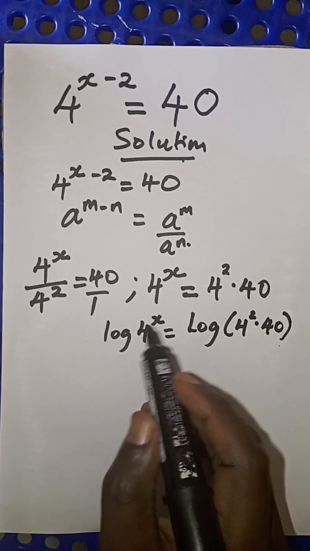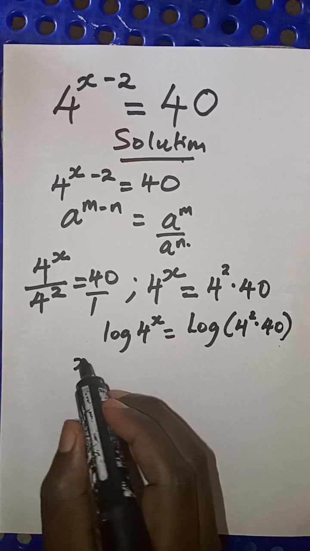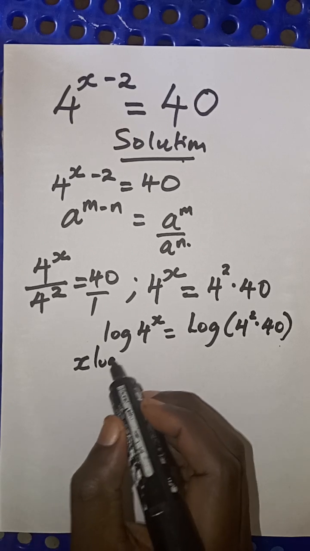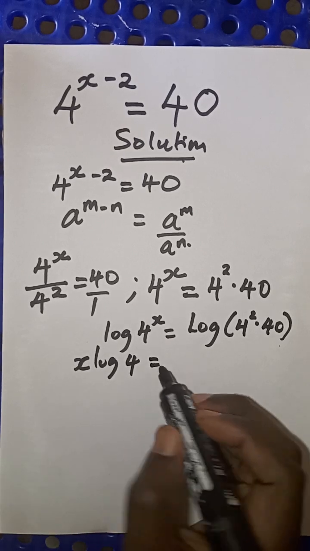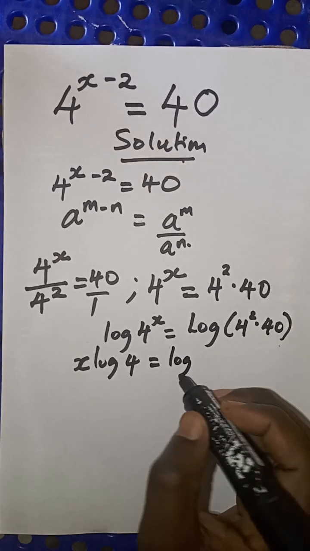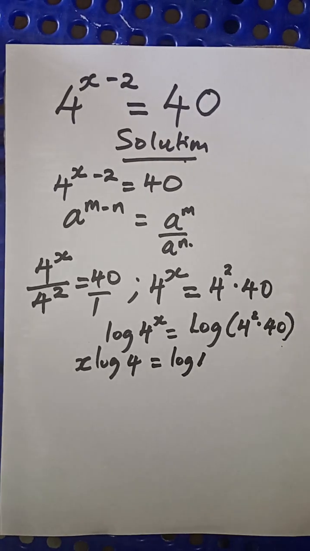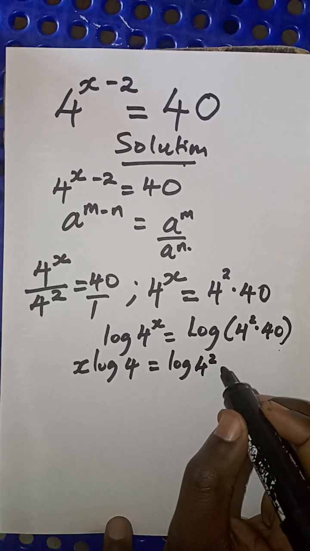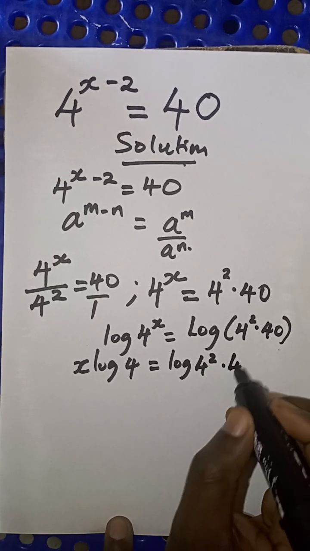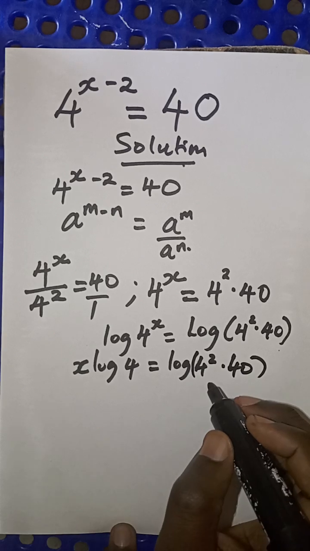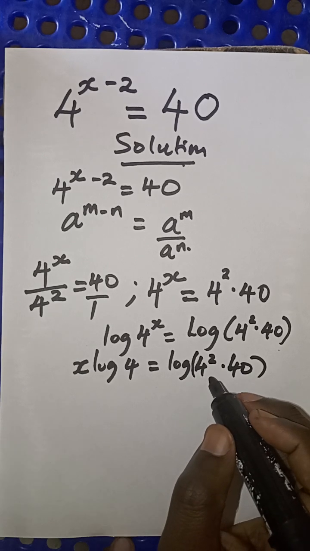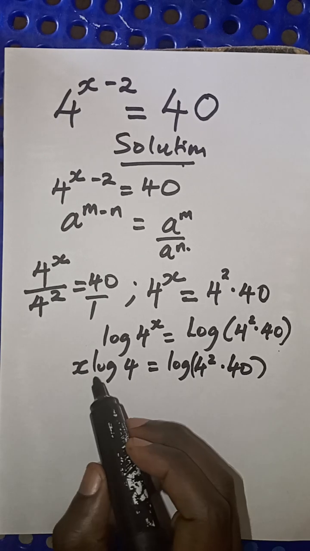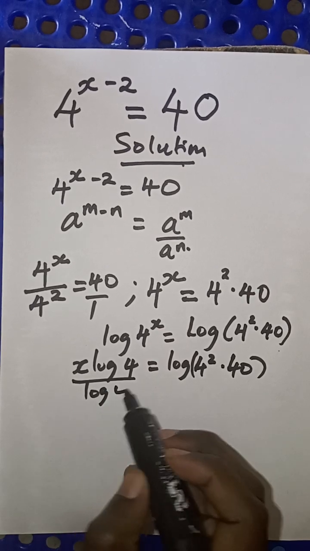Then this x can come down as x times the log of 4 should be equal to the log of 4 squared multiplied by 40 like that. So I'm going to divide all through by the log of 4